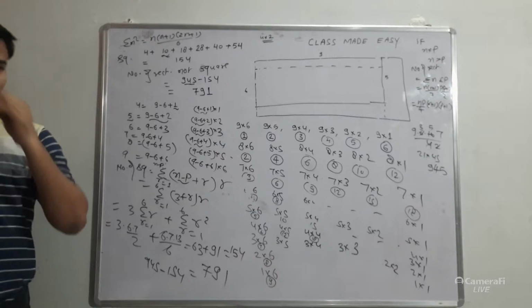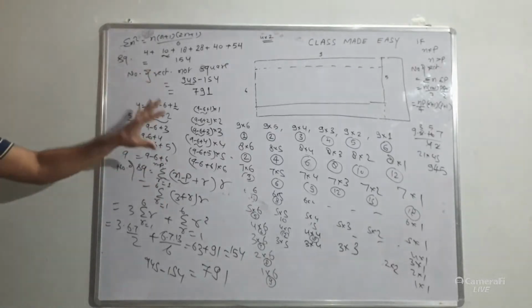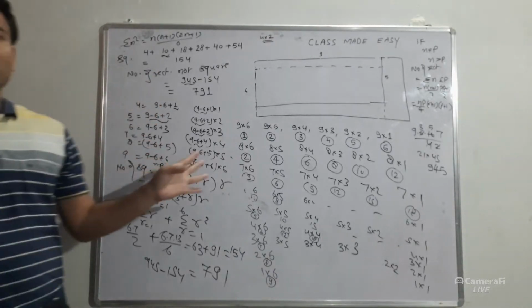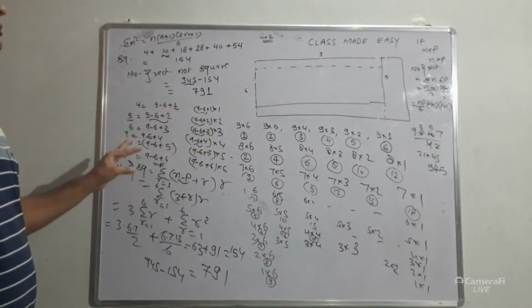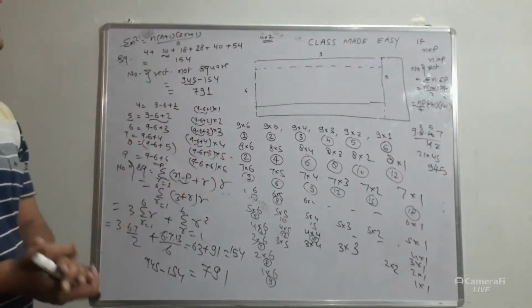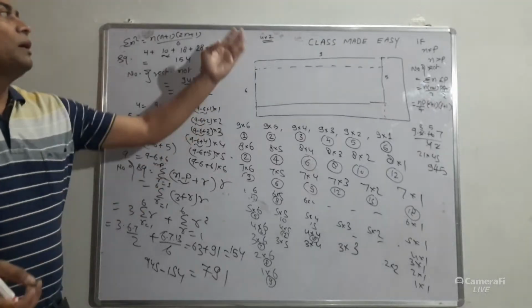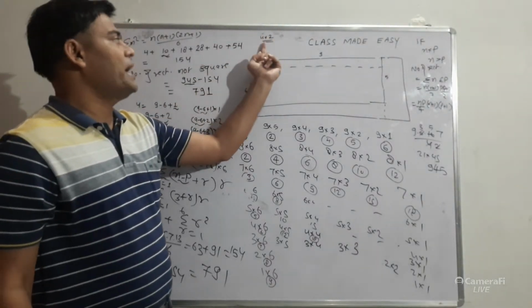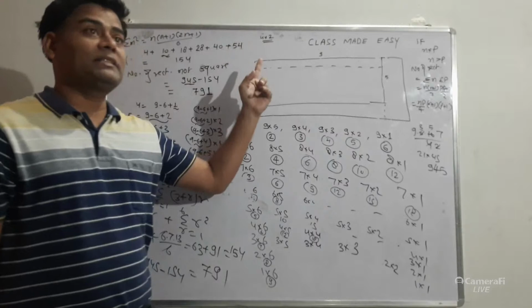So okay students, I discussed this problem. This is the most important problem from the exam point of view. You can easily understand by this explanation, and also you can make squares and rectangles of some smaller size to